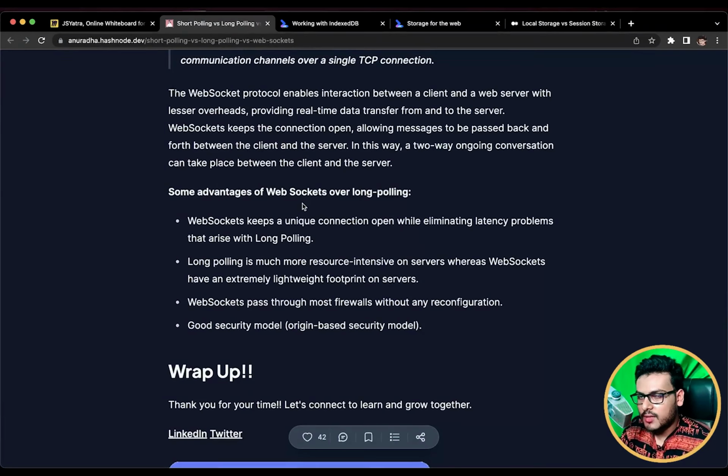So with WebSocket, we keep one connection open forever, and that is not an HTTPS connection. That is a WebSocket connection, or in short, we call this the WS protocol. In this, we have two-way communication. It is not like once you send the data, you are waiting for the server to respond back immediately or after some time. Your job is to send the data, and whenever the backend feels like responding, it will respond. You don't have to wait for a response to the data. This is the beauty of a WebSocket connection.